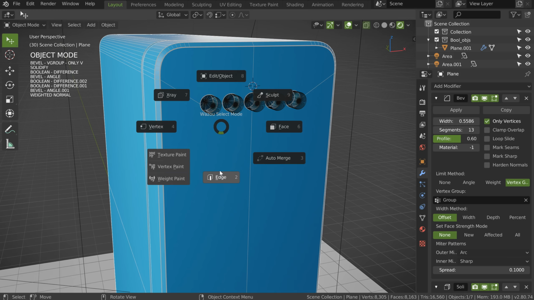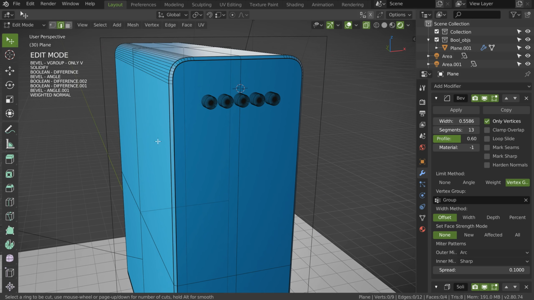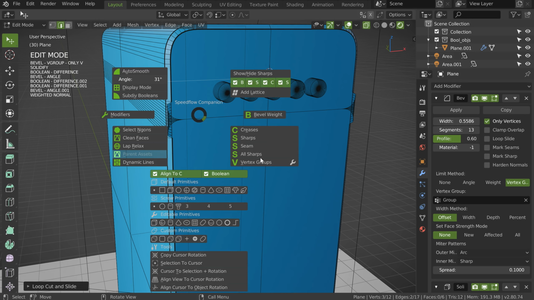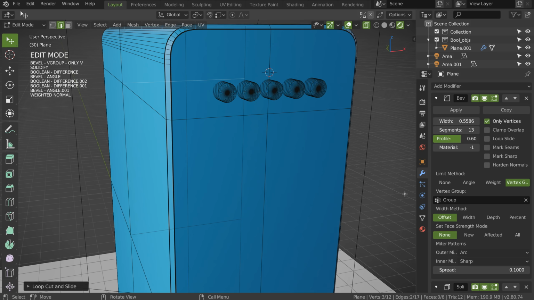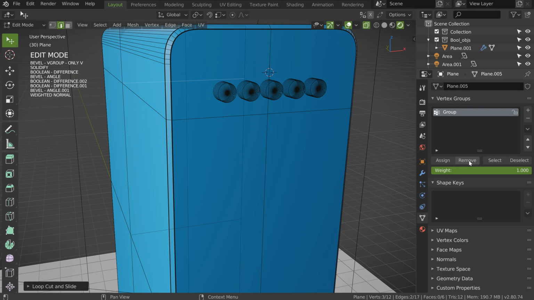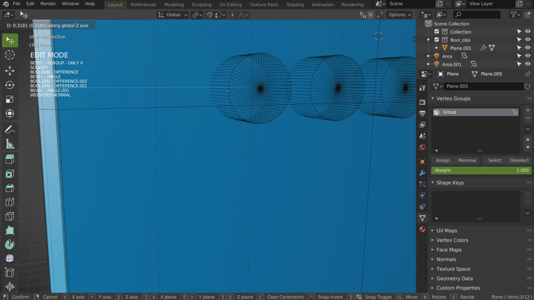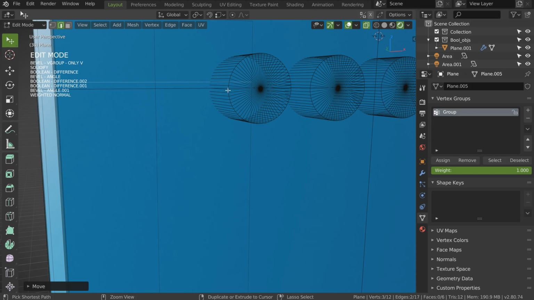I will go in edit mode, I will press Ctrl R, like that. But you will see, since I have vertices on the group here, if I create a vertex here, I will have a group on this vertex. So I will click and I will move, and what I will have to do is to remove the group of these vertices. I can call SpeedFlow and press Ctrl on the group, or I can come here and press remove. If I assign, if I remove, okay? So after I will just snap on this object, so I will press G, Ctrl, to snap on, I think it's this one.